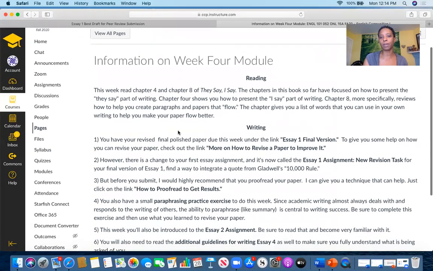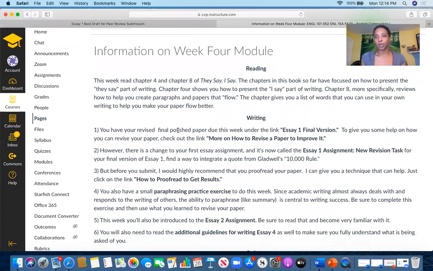You always want to come here first. So the most important thing is that you're working on the final version for your essay number 1. So you're taking the suggestions people made in your peer review and incorporating those suggestions if needed into your essay. You also are going to read the little handout more on how to revise a paper